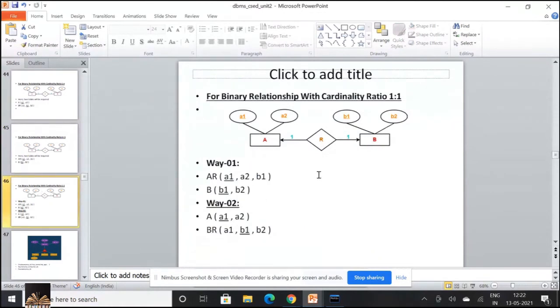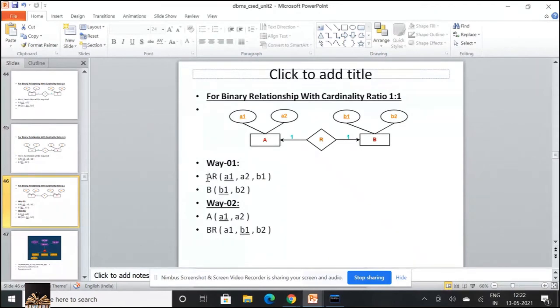And lastly, 1-to-1. 1-to-1 can be represented in two ways. Way one is you're adding the primary key of B to A, or way two is you're adding the primary key of A to B as a foreign key.